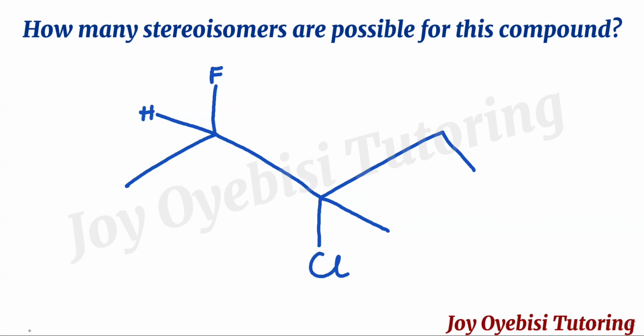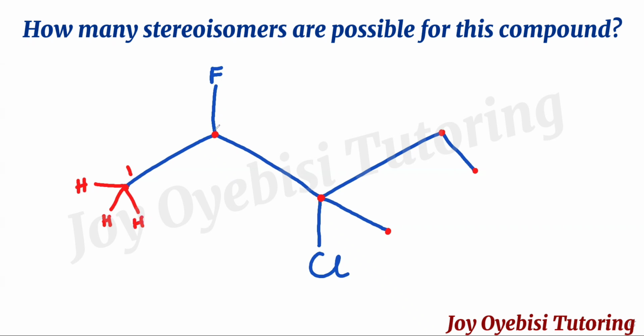In a skeletal compound, the carbons are not written out. The hydrogens are usually not shown as well. This is a carbon, this is a carbon, this is a carbon, a carbon, a carbon, and then a carbon. Now, to fill up all the hydrogens, we have to remember that carbon must have 4 bonds surrounding it. So this is 1 bond, which means we're going to use 3 more hydrogens to complete the 4 bonds around